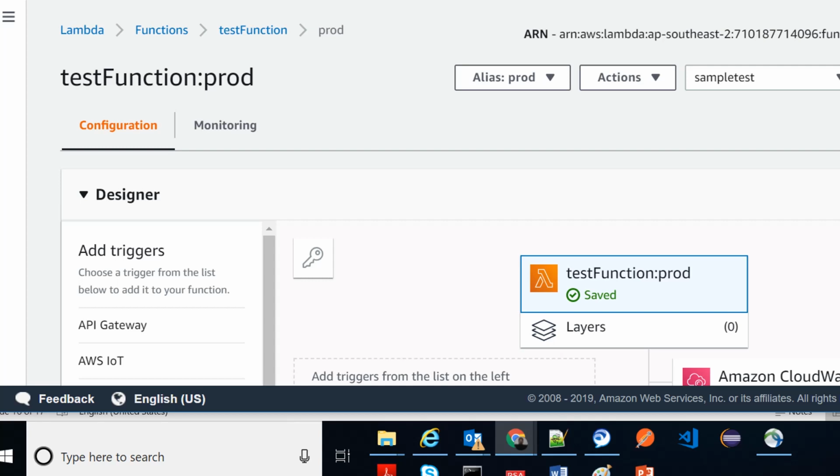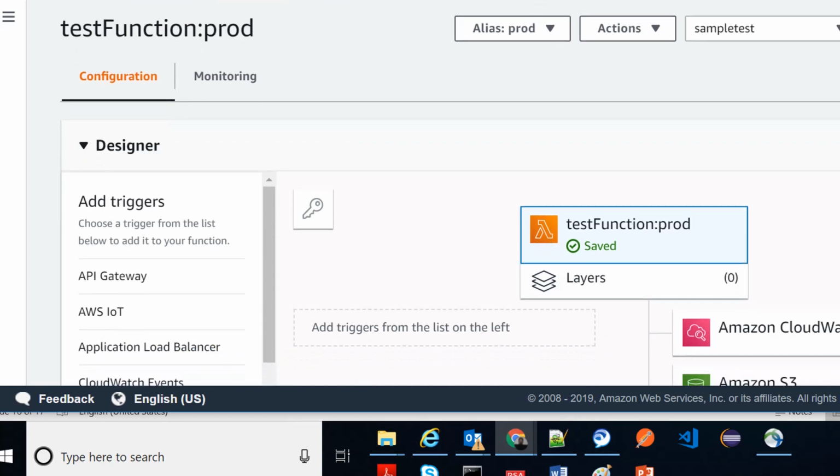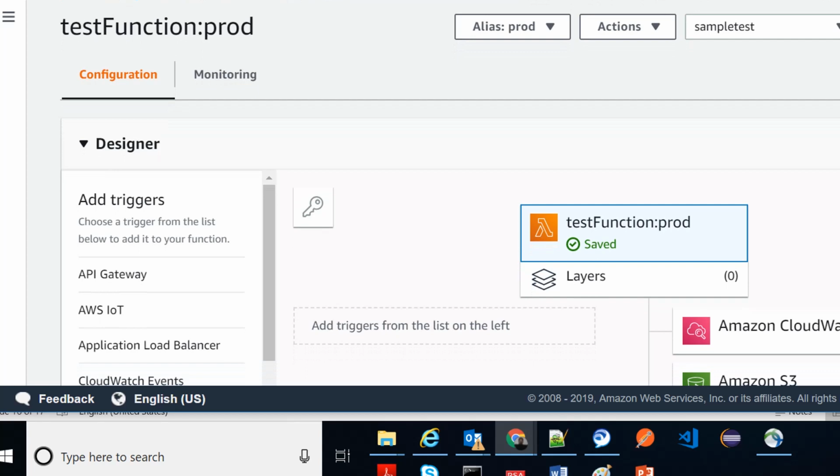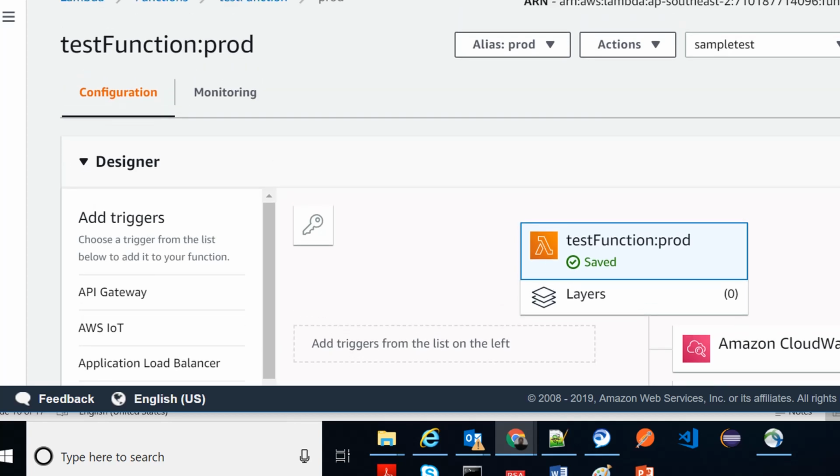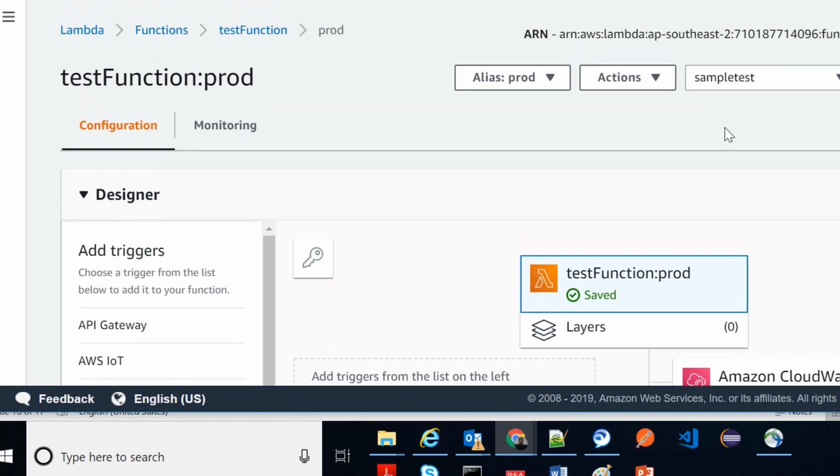Now another pattern is the canary pattern of release, where you want to route some percentage of the calls to one version and some percentage to another version, and once everything works fine, then you route everything to the latest version. That also you can plan using the same template. Also you can automate it. The same thing you can do for green-blue deployment using the update alias and update function code